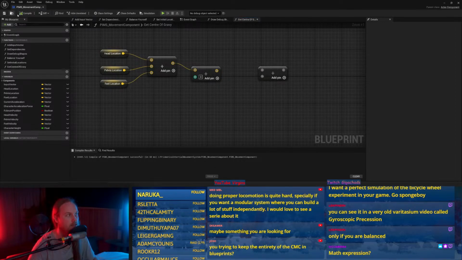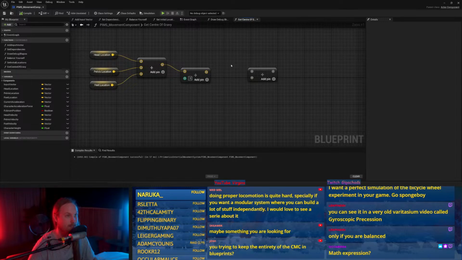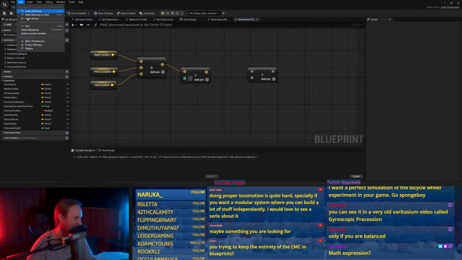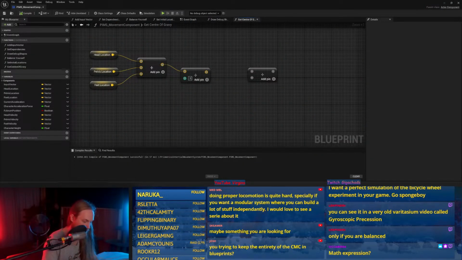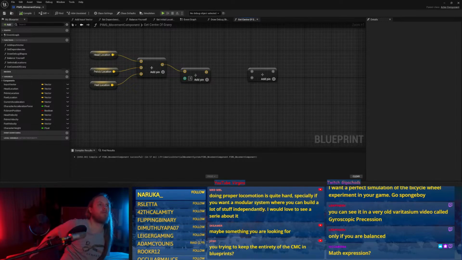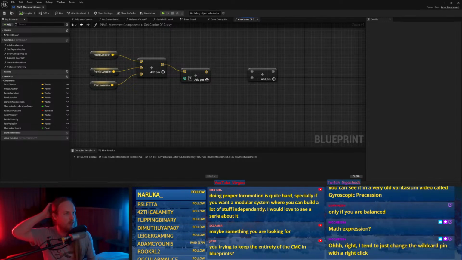There's a way to get them back, but I forget where it is. Math expression node. No. Let me see.